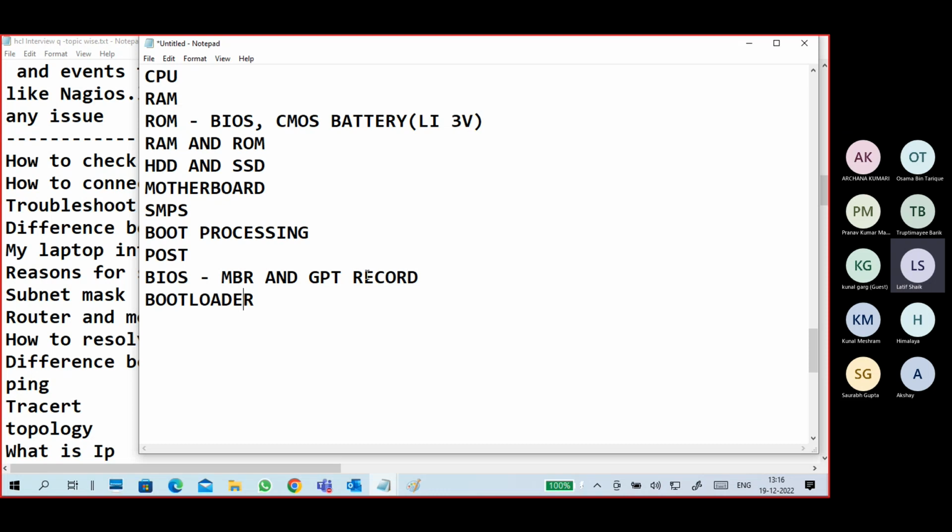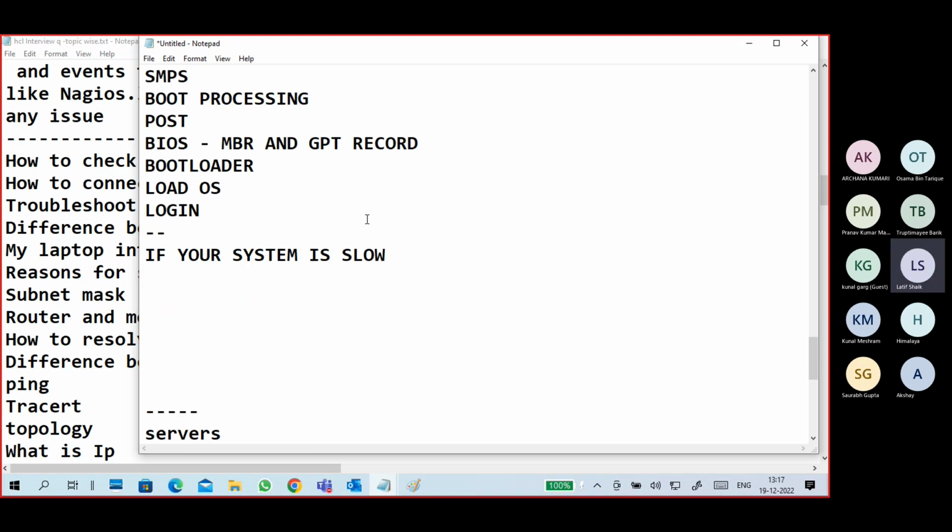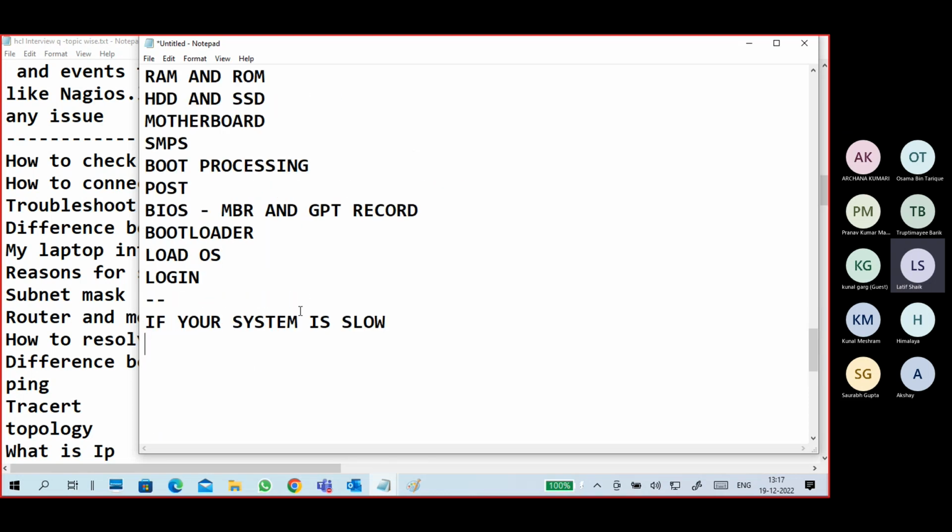First is POST step, next is MBR GPT step. This MBR GPT will tell where the bootloader is. Bootloader will tell how to load the OS. Then login. Services start automatically. If your system is slow, what to do?